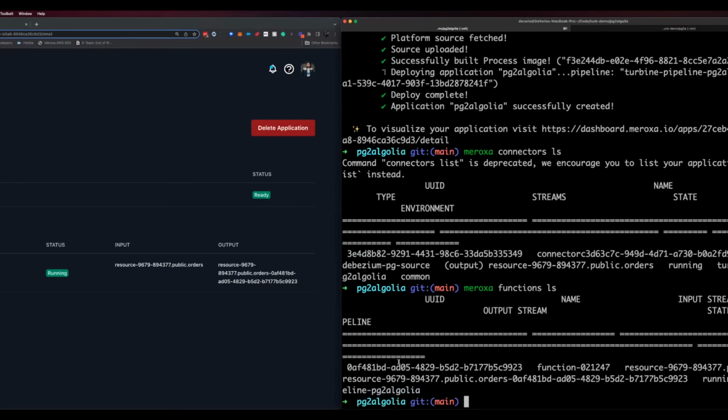Show you that, all right? We're outputting that into the function. This is the input stream. The output stream here is the input stream of the function, and then that function is calling the send to Algolia function inside of our code. And so what I can do here is run Meroxa functions logs